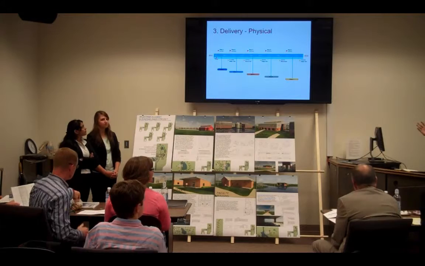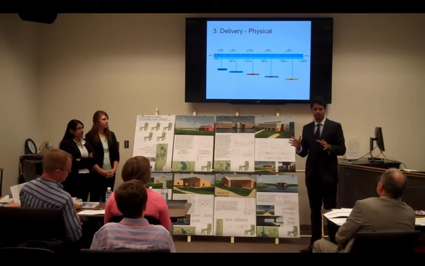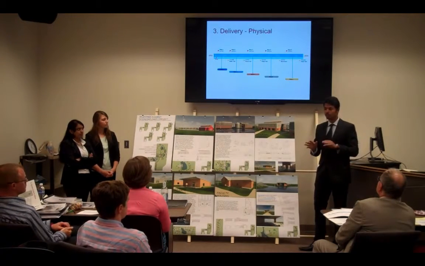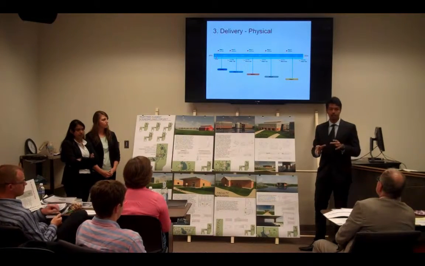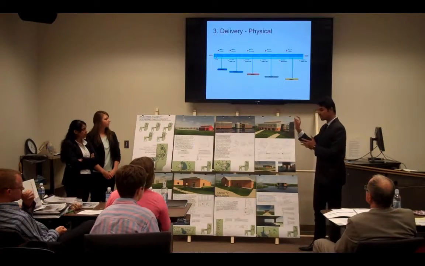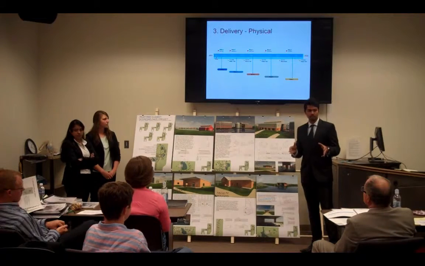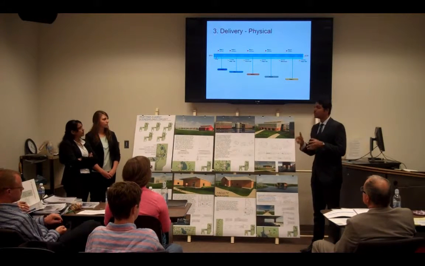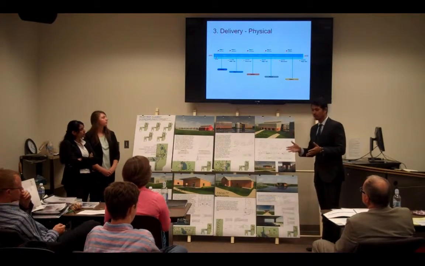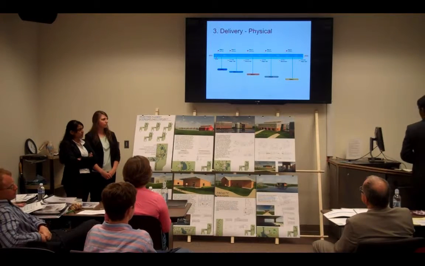So, coming to the delivery of the project, basically we have divided all the phasing in the project into 5 phases, and they have been equally distributed. So there is no real pressure on financial terms that we have to collect a lot of money in a particular phase. But as far as the scheduling is concerned, the first year is a crucial year for us because we have to build a lot of things that are necessary, like the academic building, barn, student housing, staff housing, and chapel, etc. But the rest of the phases are just for 1.5 years. So it's really feasible financially as far as development is concerned.